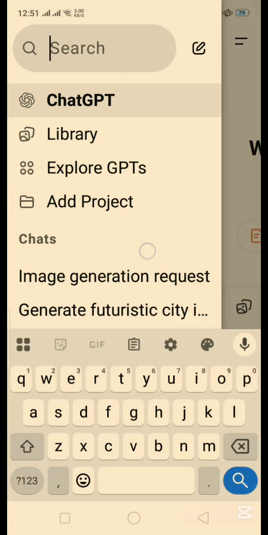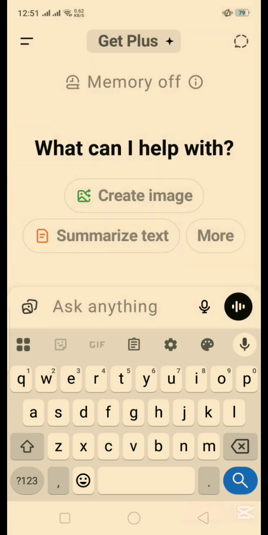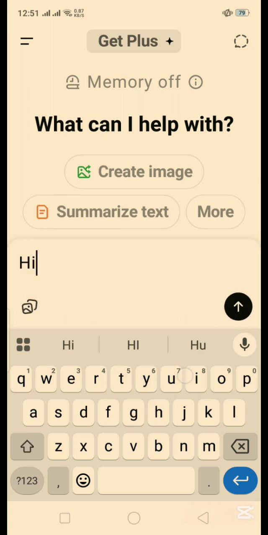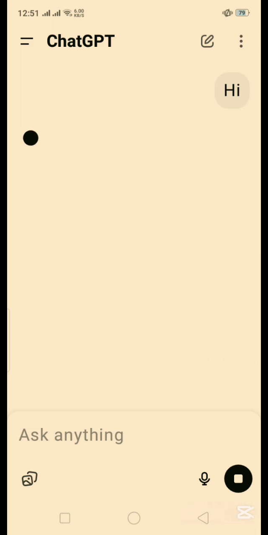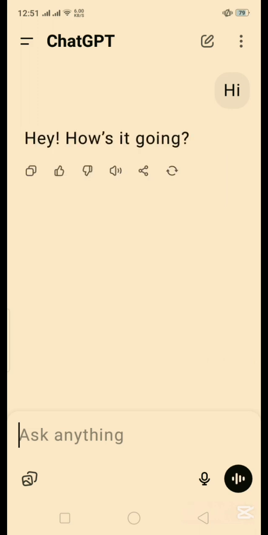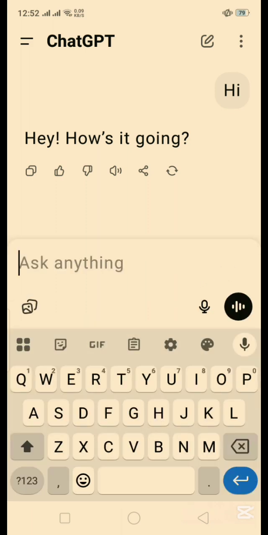Alright, we type in ChatGPT here. This is the interface. All you will have to do is to greet it, or say hi. Let's tell ChatGPT hi. Alright, and immediately it will answer, saying hi, how is it going? Then the next thing you have to ask it is to generate. If you are a story writer and you're looking for an idea, you're looking for a story, you tell it to generate